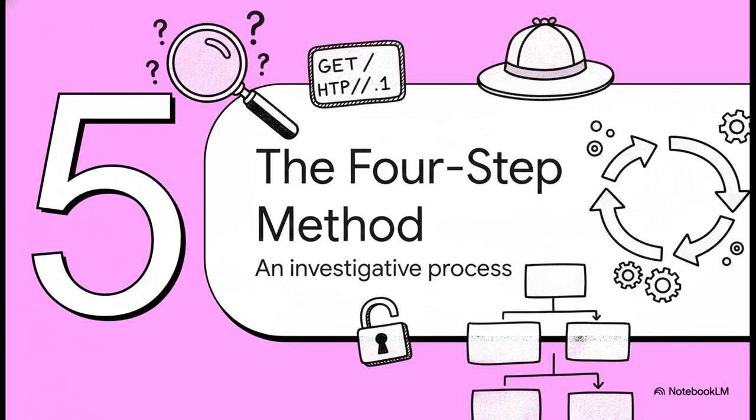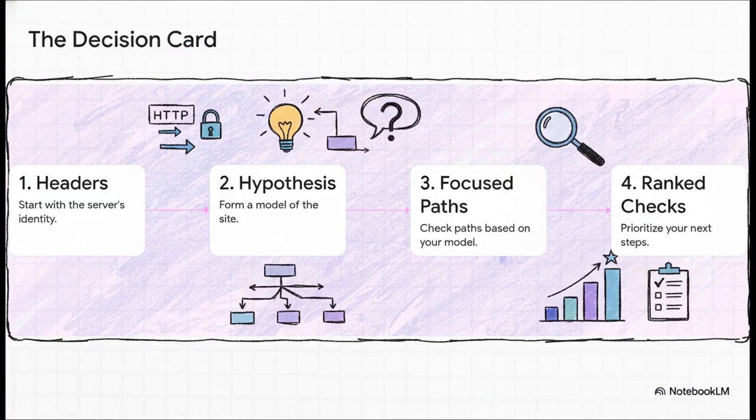And that leads us right into the heart of this whole thing. Section 5, the 4-step method. This is your new standard operating procedure, your repeatable process for any investigation. And here it is. Think of this as your investigator's decision card. Step 1, you always start with the headers. That's the ID. Step 2, based on those headers, you form a hypothesis, your first rough draft of the site